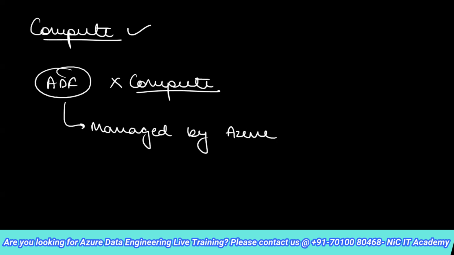Now, when we talk about integration runtime in depth, then we'll see how it basically is provisioned, what are the alternatives to the integration runtime. So basically in Data Factory, there are three types of integration runtime. One is your Azure integration runtime, the default one. Then there is something called a self-hosted integration runtime, and then you have Azure SSIS integration runtime.